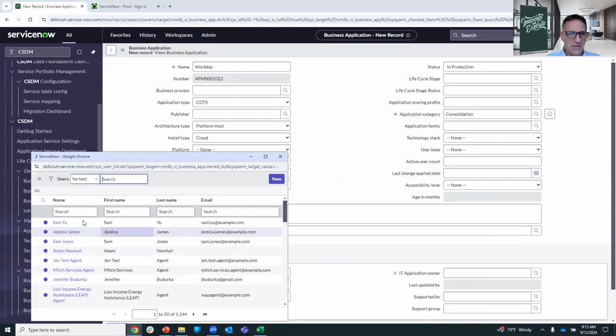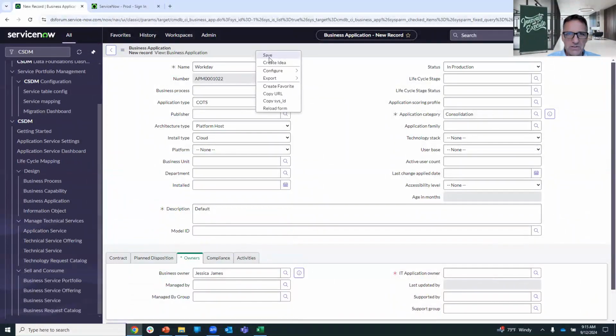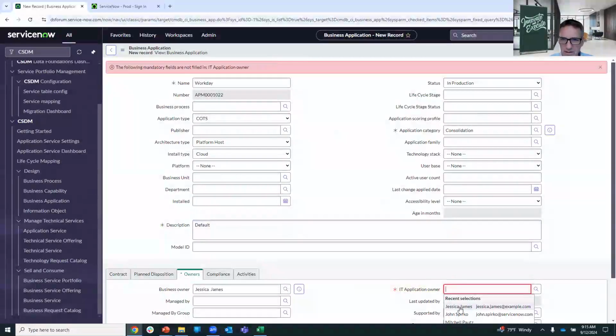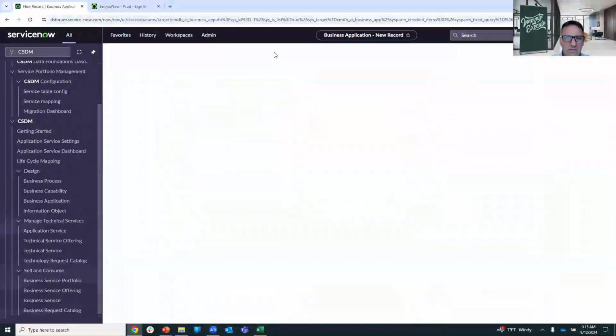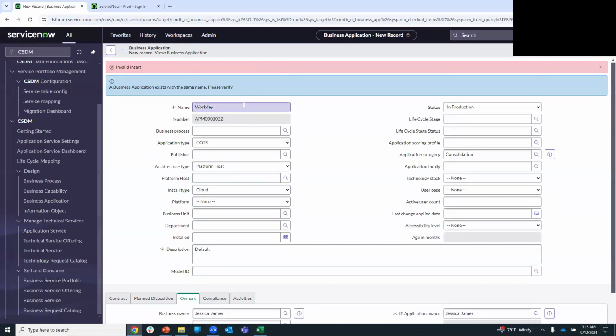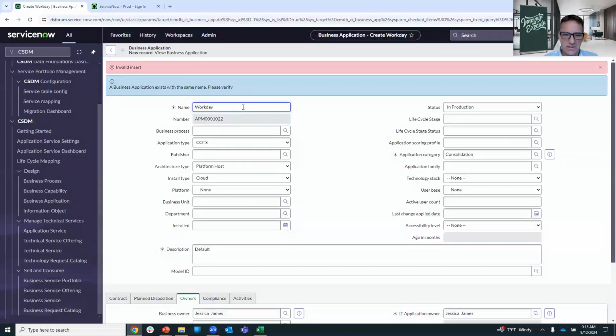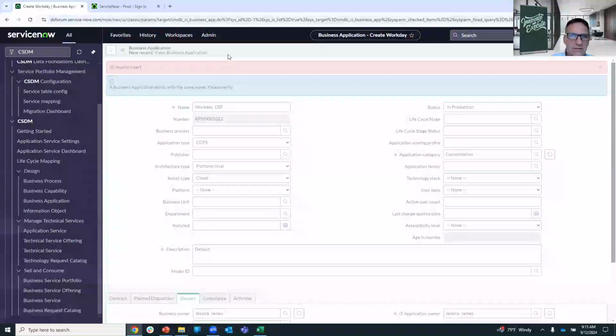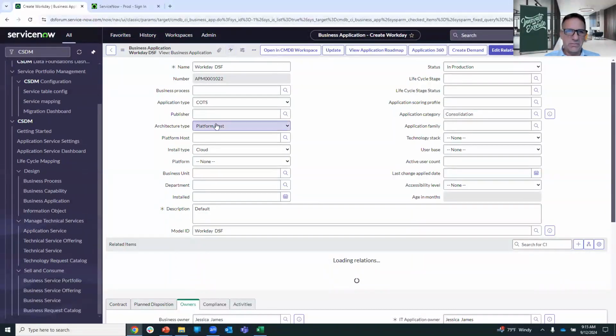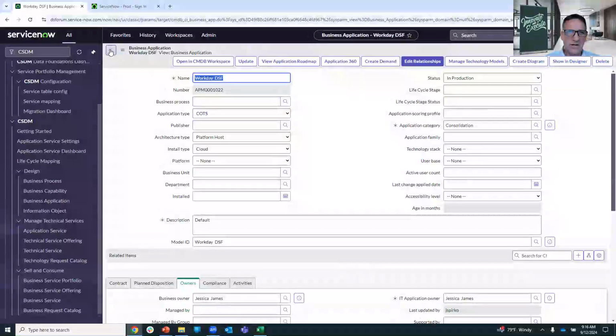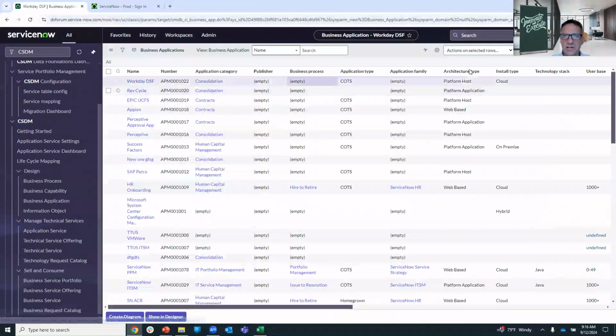Okay, so when we say this one, we had a couple mandatory fields. So now I'll save this business application, and now we have Workday in there. So Workday. I'll just say for DSF, digital service, because we probably have a Workday in there. Okay, so now this is the platform host, and now I would go ahead and define another business application,